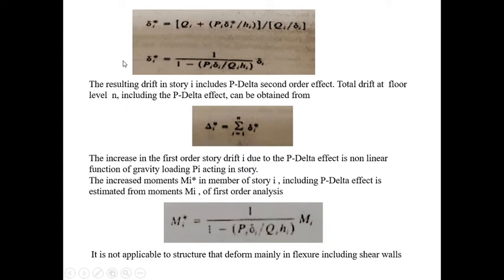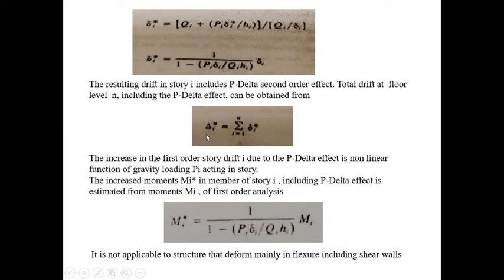Okay, after arranging these terms, you will get the final equation. So this will be the resulting drift in story i, the particular story i, which is having the P delta effect. There are second order effects here. So now if you want the total drift which is taking place in the n floors, n number of floors,